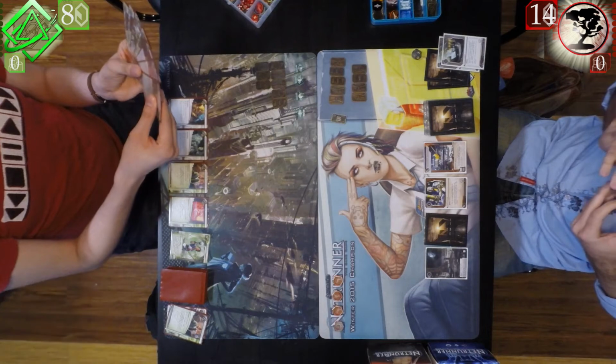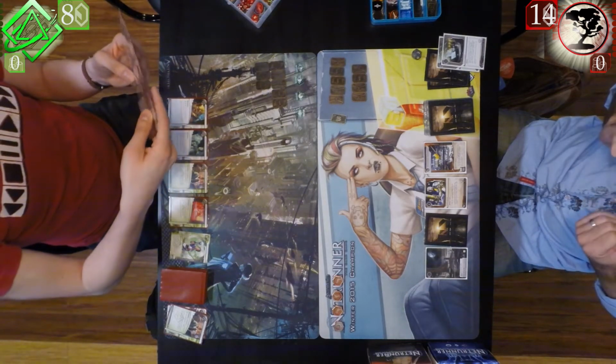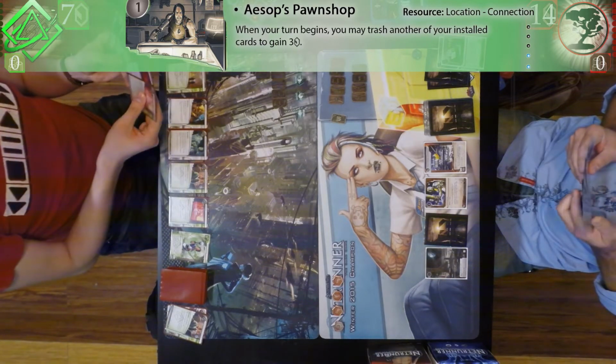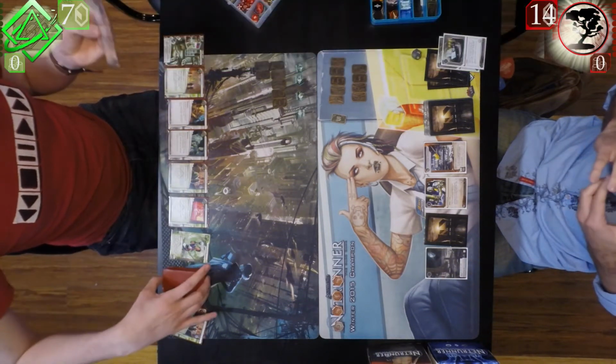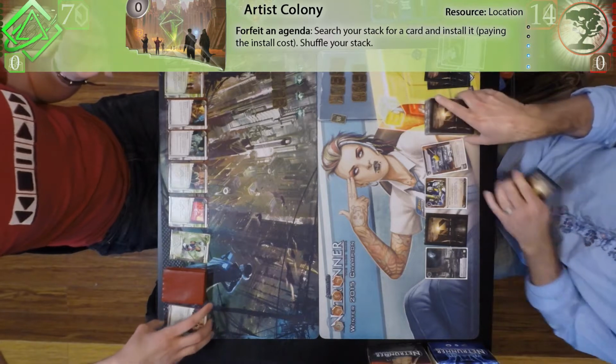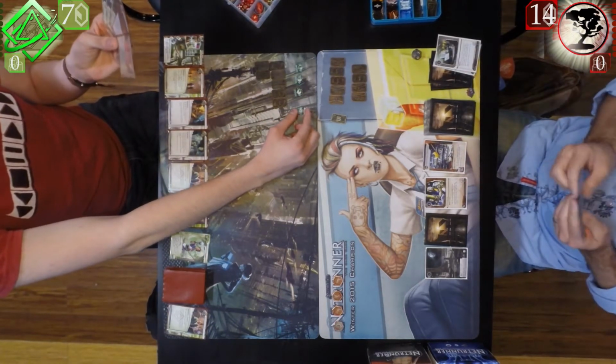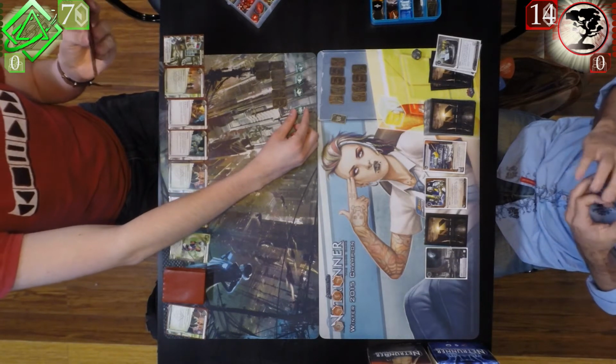But good nonetheless. So here we go. We have him installing on click 3. There's the Artist Colony and the Aesops. So in case you don't actually know how this deck, how Gerry's Hayley deck works, the plan is to